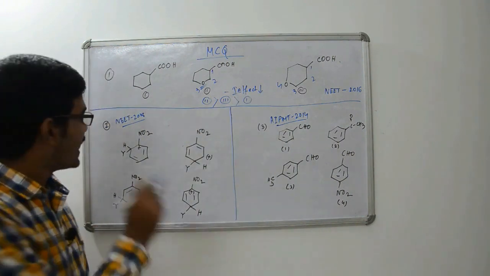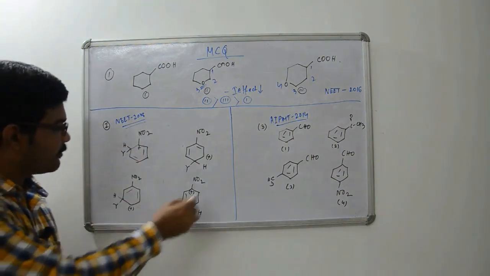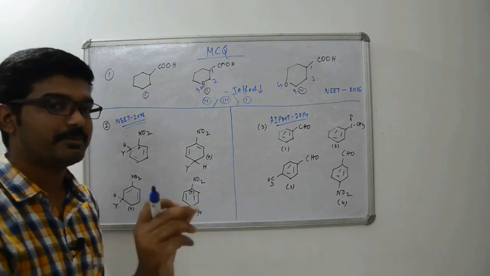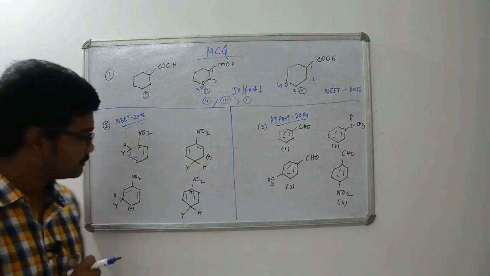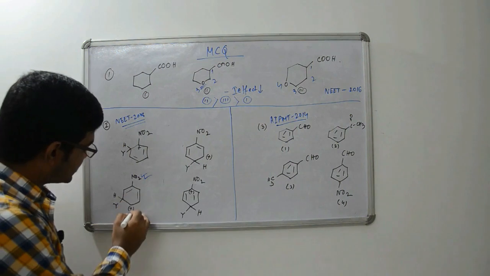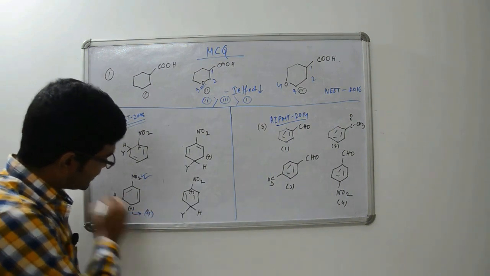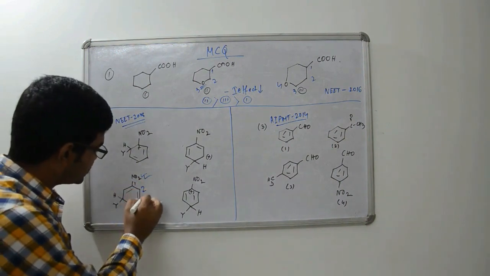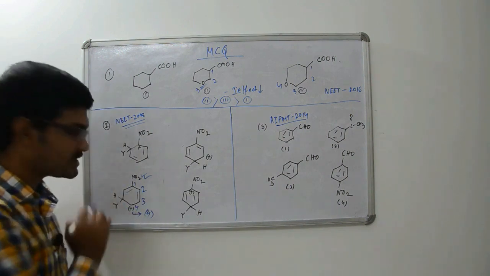Now let us move to another question. This was asked in NEET 2018. Among these following carbocations, the question was asked, which is the most stable carbocation? If we see these 4 carbocations, we will see that in this carbocation, the position of the plus charge is at number 4, right, in comparison to this NO2 group. So it is in the furthest position.